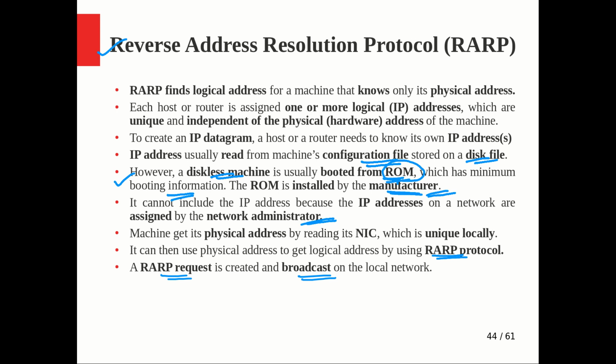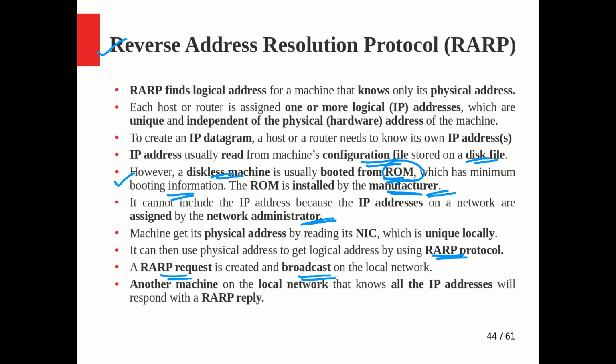So in ARP, it's asking: this is the MAC address of someone else in this network or in a different network, I don't know your IP, please respond. So everybody will look at the ARP request and check its own MAC address against what is coming in the ARP request, and if there is a match, it will respond back with its IP address. But if you look at a reverse ARP request, it is something different. I don't know my own IP address, but what I can remember is my MAC address, and if someone is capable of telling me, please tell me my IP, or please assign me my IP, something like that, right? Anyway, both are broadcast only.